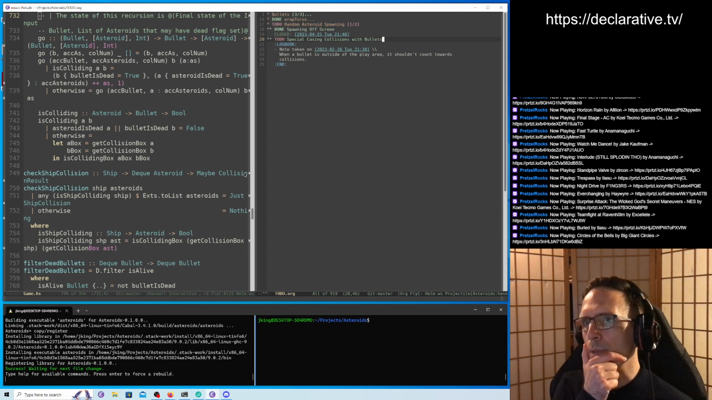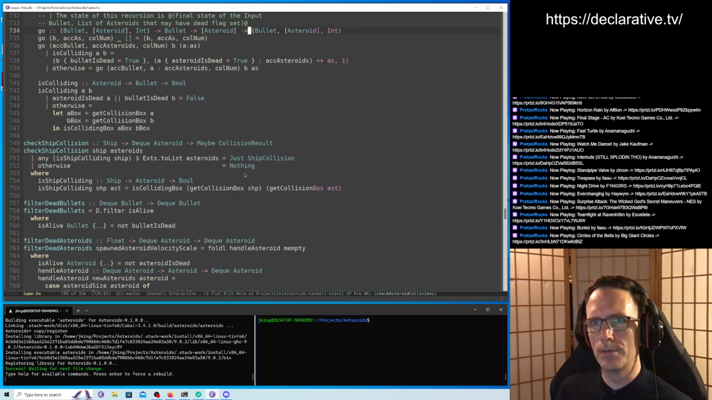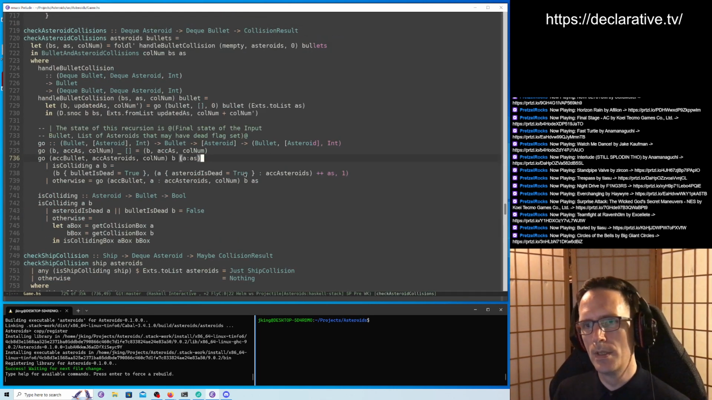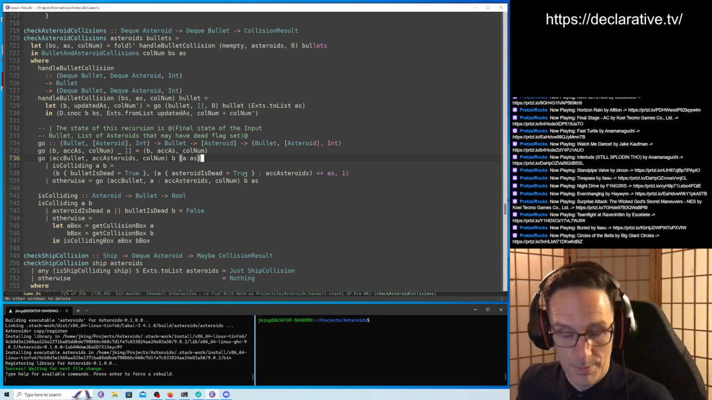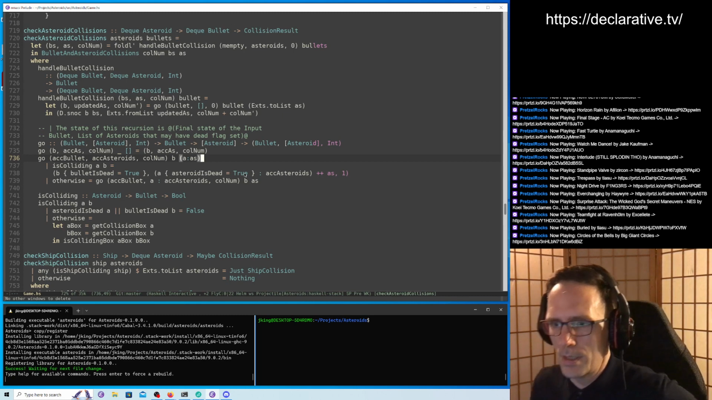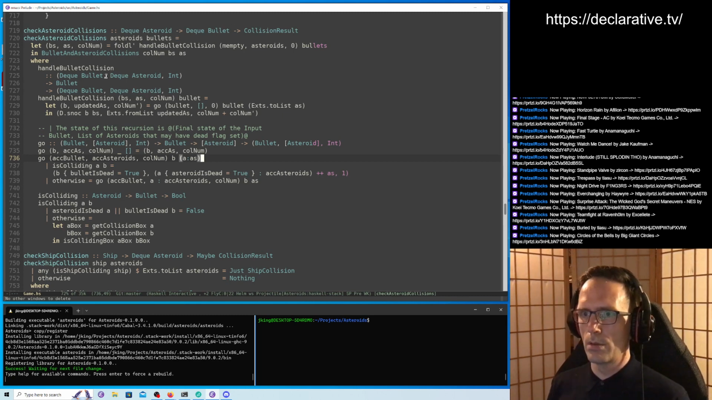Special case in collisions with bullets. When a bullet is outside of the player area, it shouldn't count towards collisions. I think that's true. Let's check if we fixed that already as well. In case you're just tuning in for the first time and you haven't really been following along,